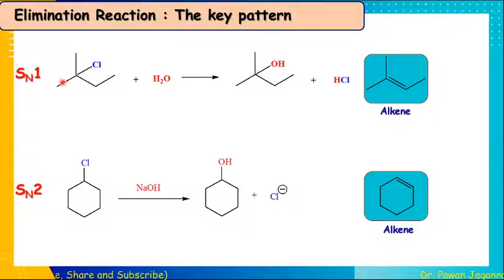So if you look at these reactions from the elimination reaction point of view, then when this tertiary alkyl halide is allowed to react with base, we can get alkene as a product. This is an elimination reaction. And the same when this alkyl halide is allowed to react with base or heated slightly, this alkyl halide gets converted into alkene. So this is again an elimination reaction. So substitution reactions and elimination reactions go hand in hand, and in case of a substitution reaction we can see some amount of elimination product and vice versa, but that can be minimized by optimizing the proper conditions.